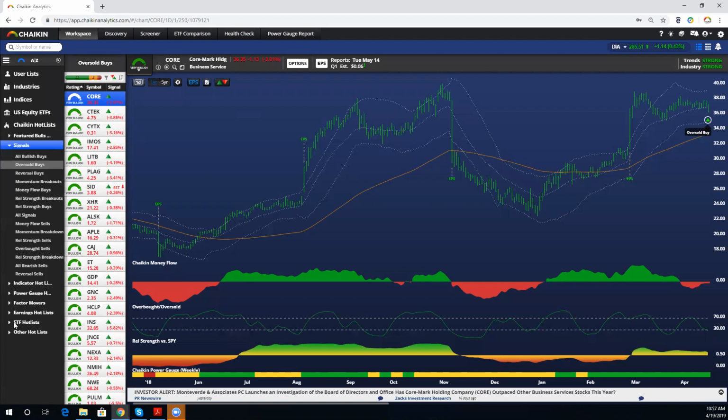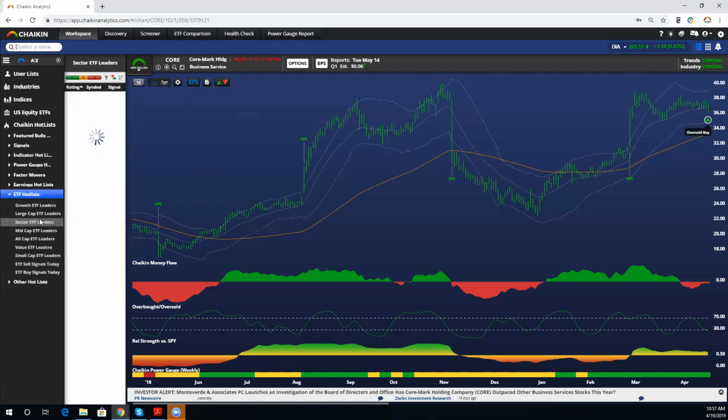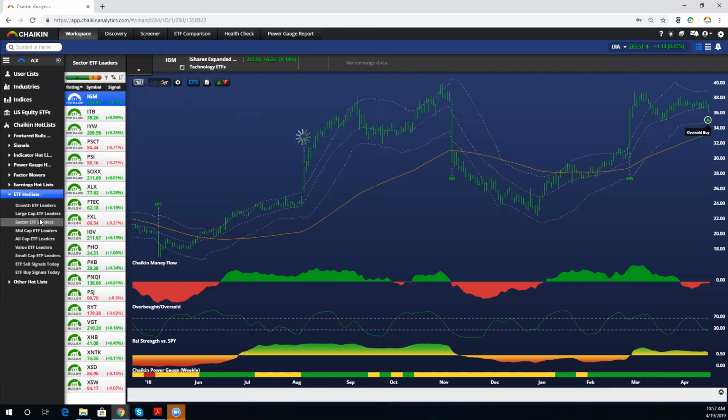You can go through the remaining power categories, and I wanted to talk specifically about ETF hot list since this is a new feature. So we've added this hot list for ETFs as part of our overall increasing coverage of ETFs. So in here, you can look at sector ETF leaders. By clicking on it, you'll see